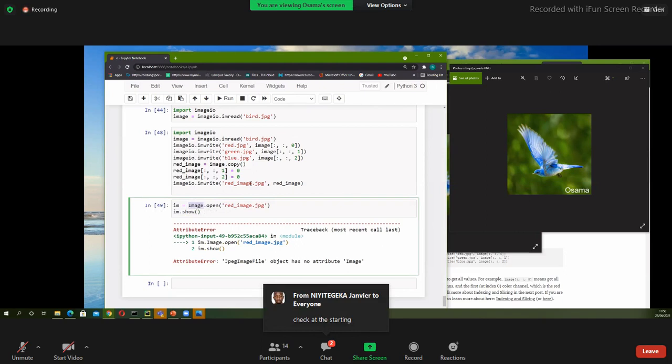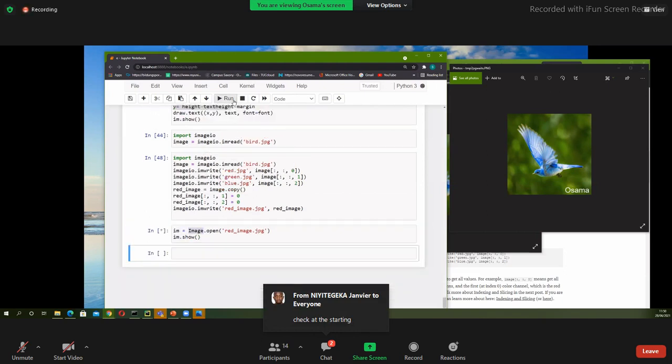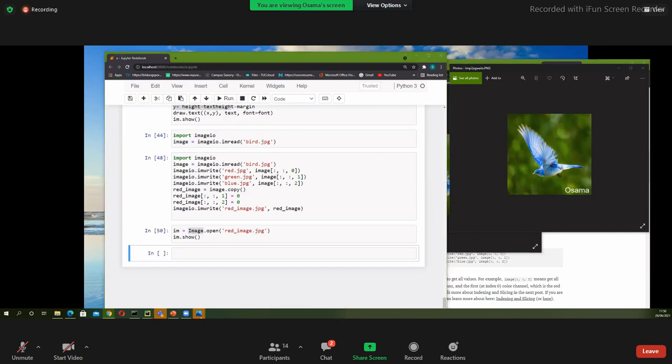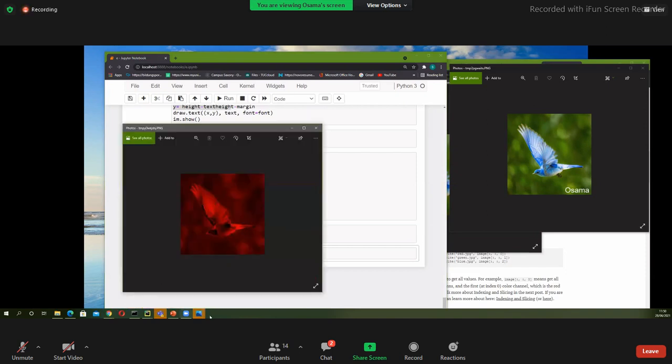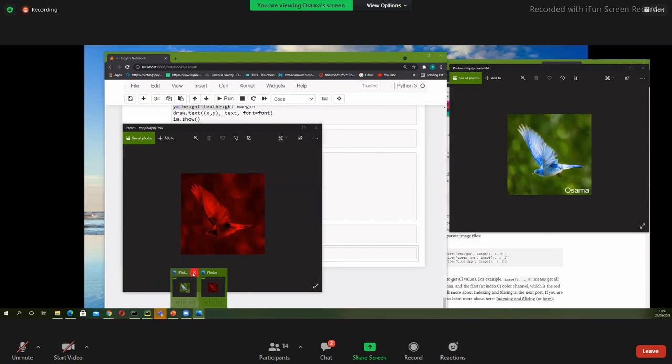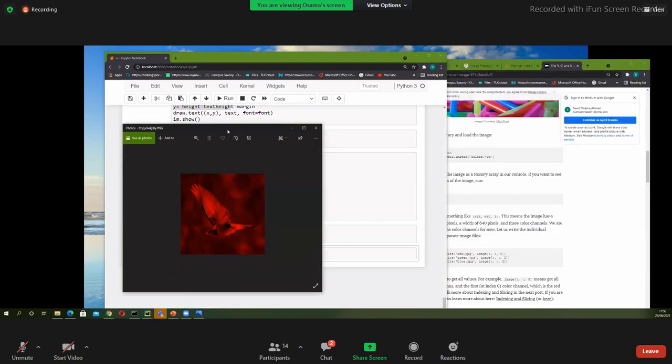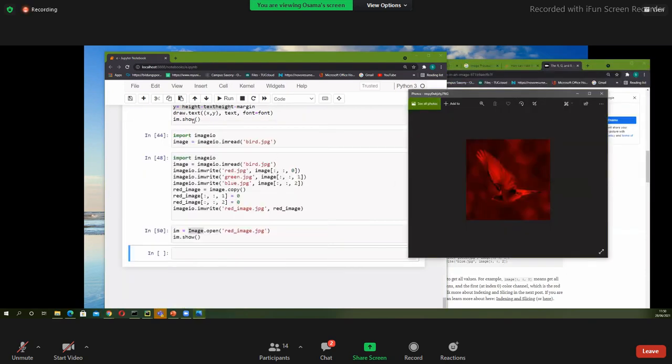So we can save multiple pictures there, and okay, now we have opened a lot of pictures. We need to somehow remove all the others. So yeah, okay. As you can see, here is